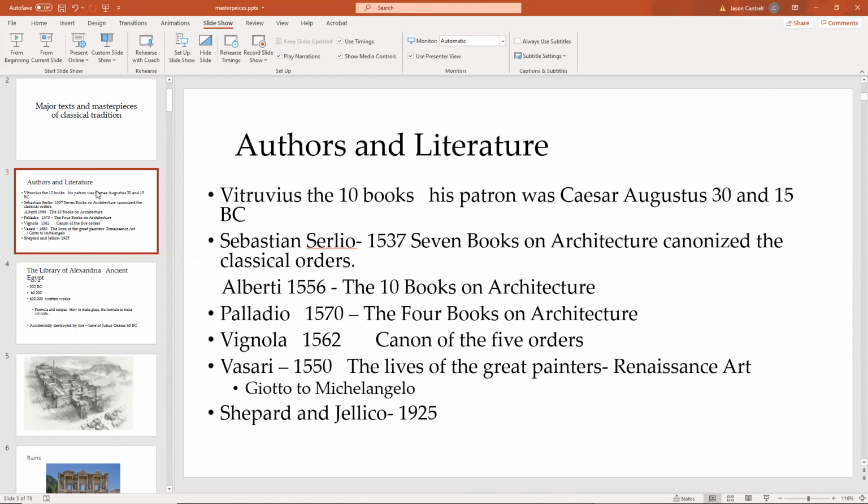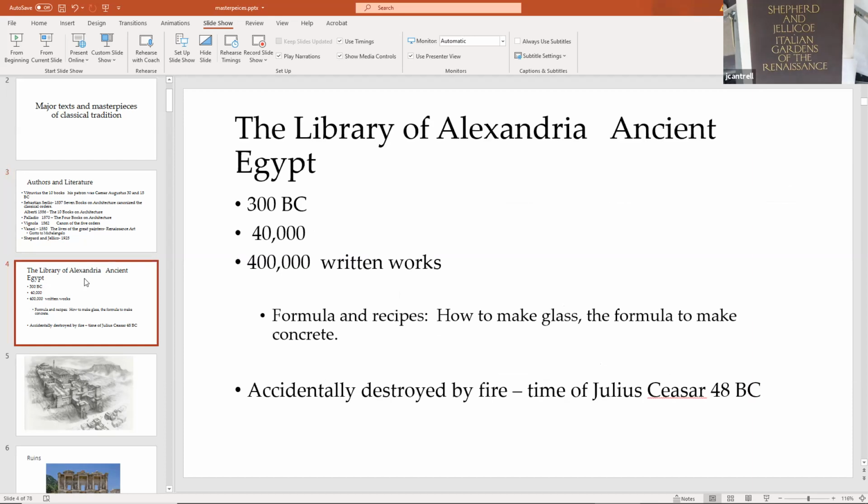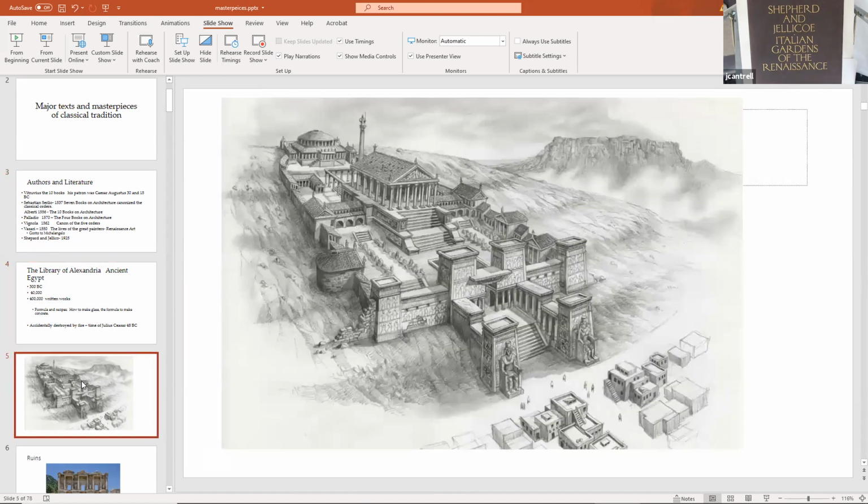So before we talk about literature, I want to show a specific building that, no pun intended, relates to the literature of architecture and writing. I'm sure you've heard or seen this project, the Library of Alexandria, really the ruins of the Library of Alexandria in the ancient world, in ancient Egypt. Roughly 300 BC, there weren't really books published or bound like we see today. We have, in this enormous building, here is a reconstruction of the building.